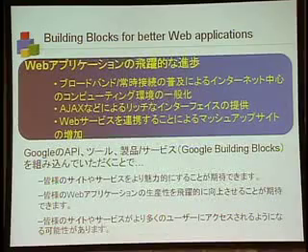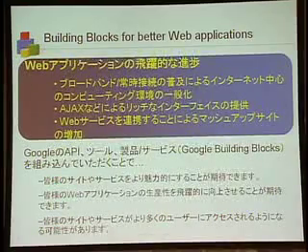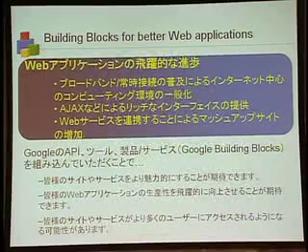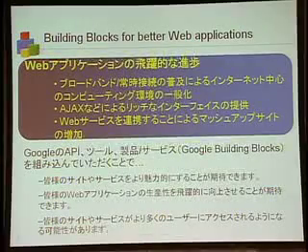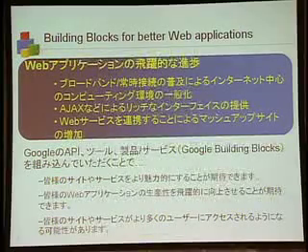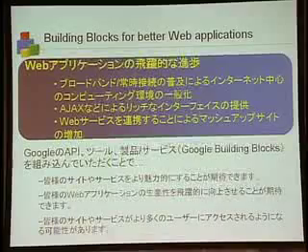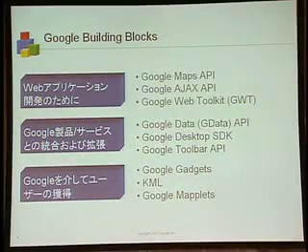In this context, there's something we want to tell you about. Google's APIs, tools, products, and services are provided as building blocks for you to create more attractive web applications. We hope you'll make full use of them to make your applications more attractive, as well as to increase the productivity of your development activities. Furthermore, we hope Google's functionality will help you to attract more users to your websites and services. We hope to build that kind of a positive relationship with you.